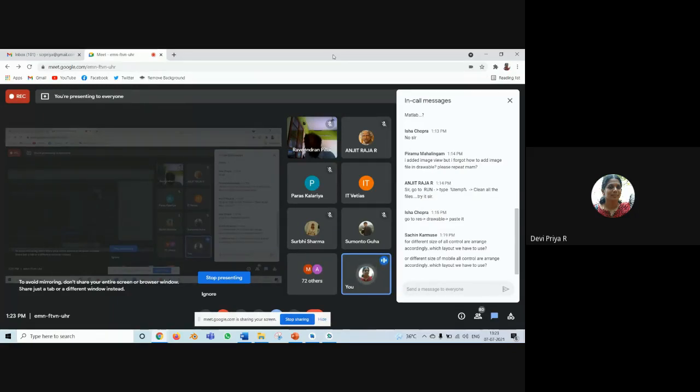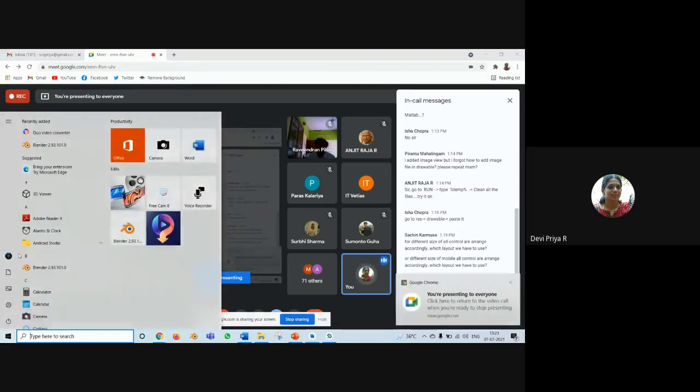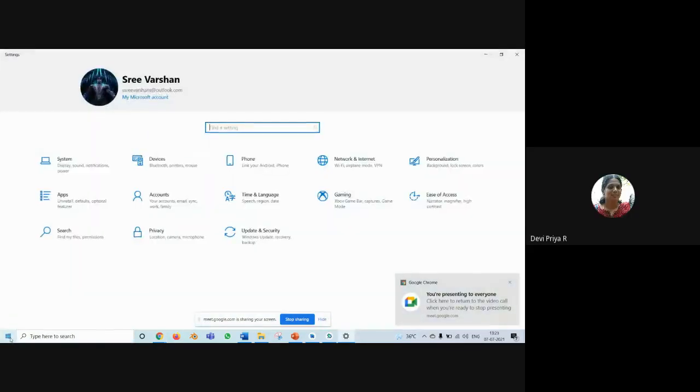So, first, if your emulator is not working, ensure that the right virtual device is being created. If that is not the problem, then you uncheck the Hyper-V option in the settings, in the control panel, under turn Windows features on or off. I don't know whether it is visible in this laptop.